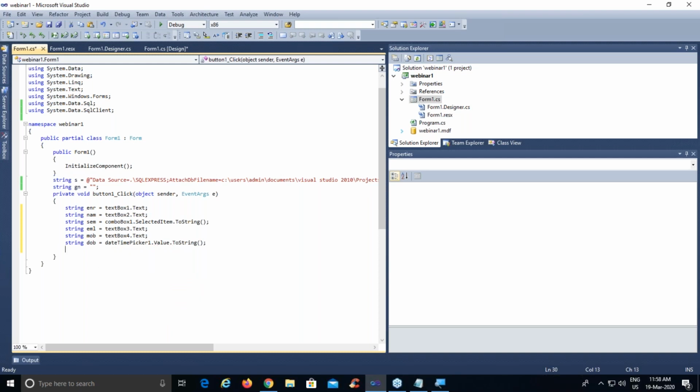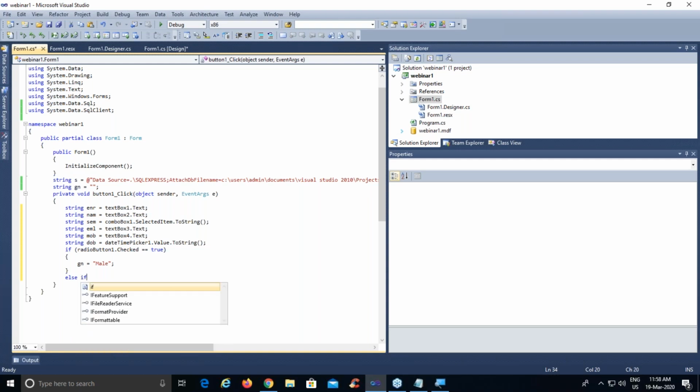Then we have gender. So for gender, we are going to use an if statement because either of the radio buttons is going to get selected by a particular user. Let us say if radioButton1.Checked equals to true, that means the radio button has been selected by the user, then we will say gn equals to double quotes male, because my radioButton1 is for male.